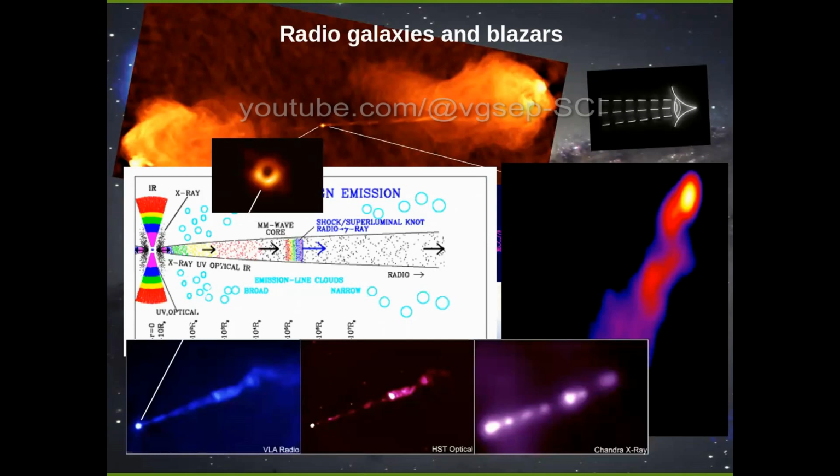M87 is not really a blazar, but it's not really a radio galaxy either. It's kind of something in between. We often call those type of sources misaligned AGN. And you can see here in the images I have in radio, optical, and X-rays, that kind of the emission